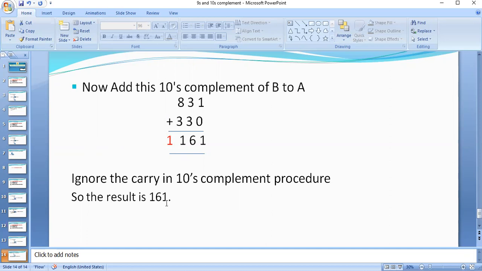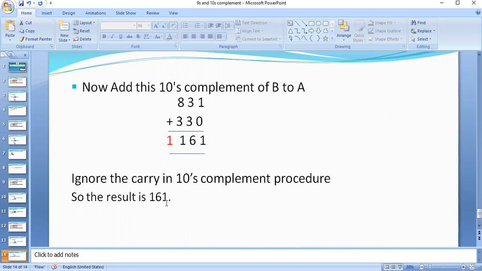So this is all about ones complement and twos complement for the binary number system, and nines complement and tens complement methods of subtraction for the decimal number system. For each number system, we have two complements, R's complement and R minus 1's complement. You have to remember these 2 points. In the R minus 1's complement method, if there is an end carry, we have to add that end carry to the LSD.